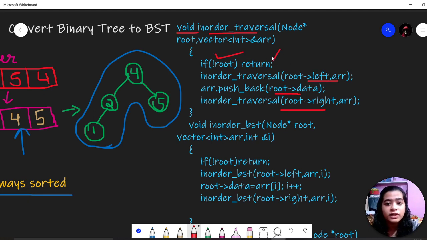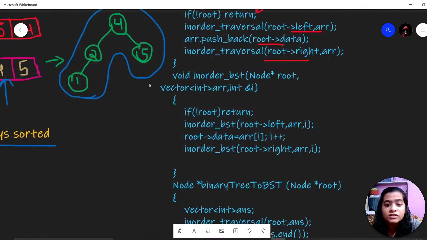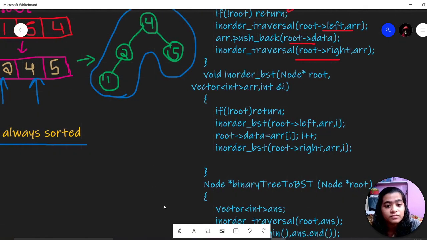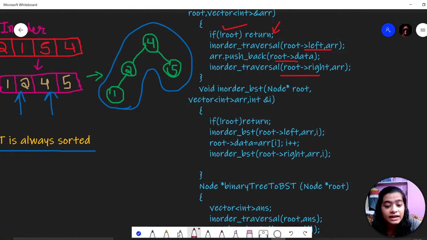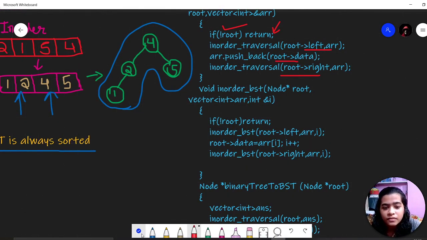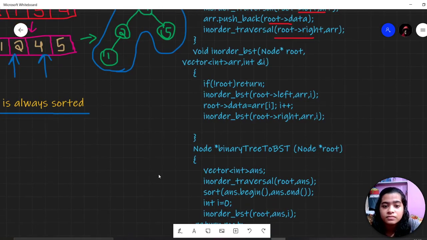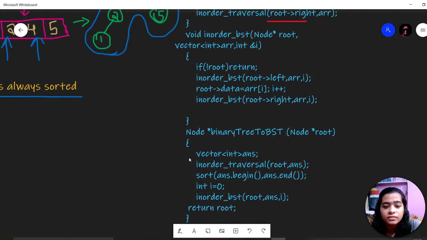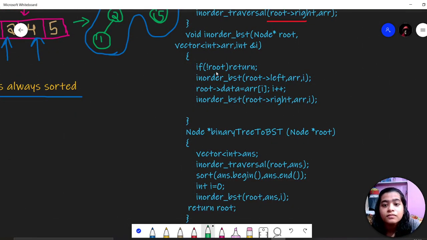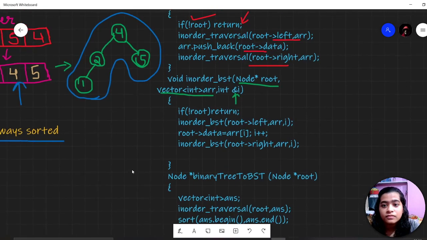Then in the in-order traversal of this binary search tree, we are replacing the array indexes. If the root is null, we will return. Here I have taken a vector array for storing the nodes of the in-order traversal, the root node and a pointer I for iterating through the array.